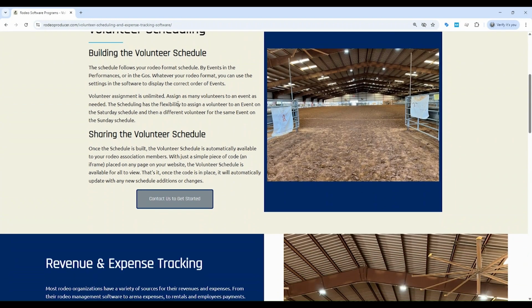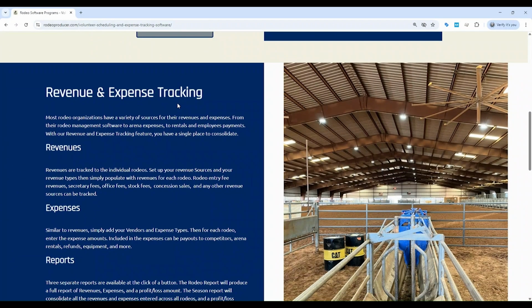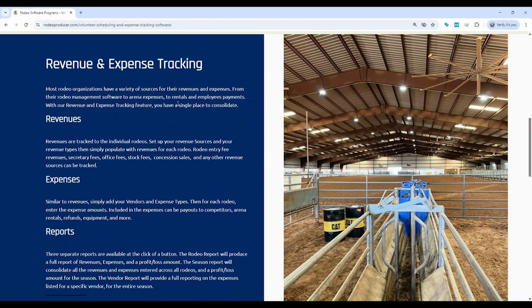Let's talk about the Rodeo Revenue and Expense Tracker. It is a 100% web-based solution, meaning you can access it with any web browser on any device, including desktops, laptops, tablets, and smartphones. PC-based or Mac-based, it doesn't matter. And there's no software to download. It all runs off our servers, and all data is stored in our secure database, so you don't have to